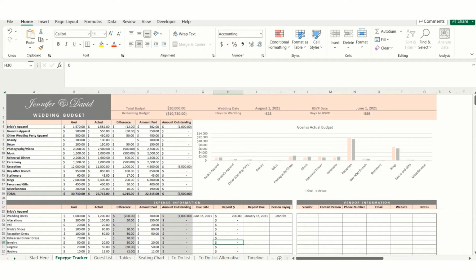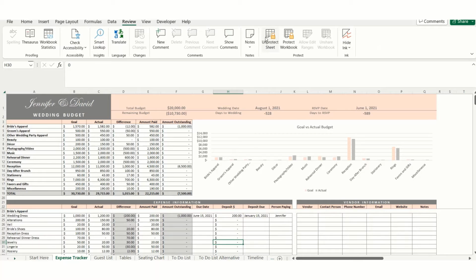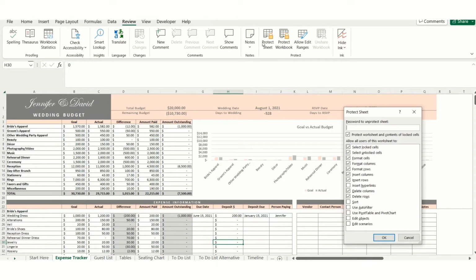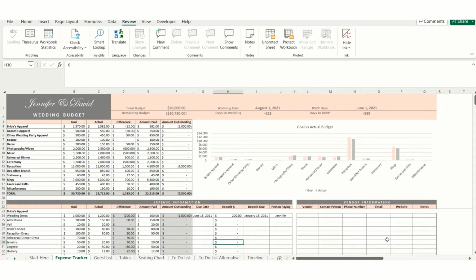So before I go through how to use this spreadsheet, two important notes that I should mention. If you'd like to make any changes to areas on the spreadsheet that are locked, you can always go to the Review tab, click on Unprotect Sheet, and then make the changes you'd like to make. After you make those changes, I highly recommend going back to the Review tab, Protect Sheet, and then leaving the password field blank and pressing OK, just to preserve all the formulas and charts